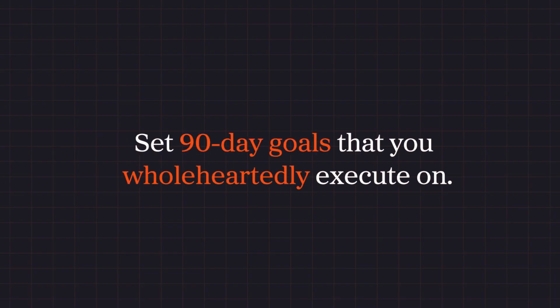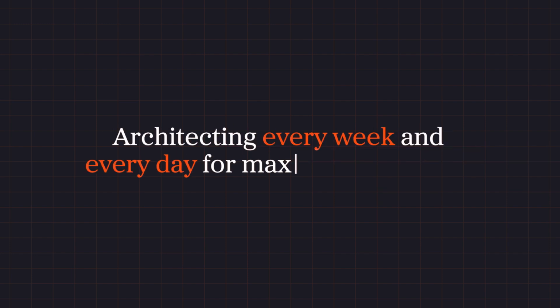Once we prime who we are, then we start working towards a direction that makes actual sense. And then the next step is executive performance on the getting things done side. So once we know the direction that we're going to be following for the next 90 days, and it is 90 days, because 1 year is too far away, 3 years too far away, set 90-day goals that you can wholeheartedly execute on, that make you step outside of your comfort zone and move forward as fast as possible. Then we go into execution, and execution means architecting every week and every day for maximum efficiency, so you can tap into flow states every single day.